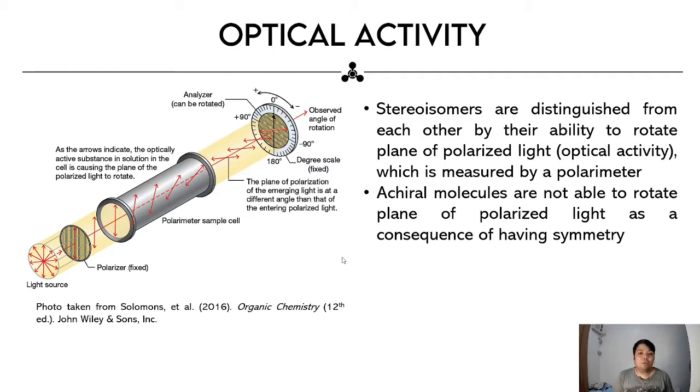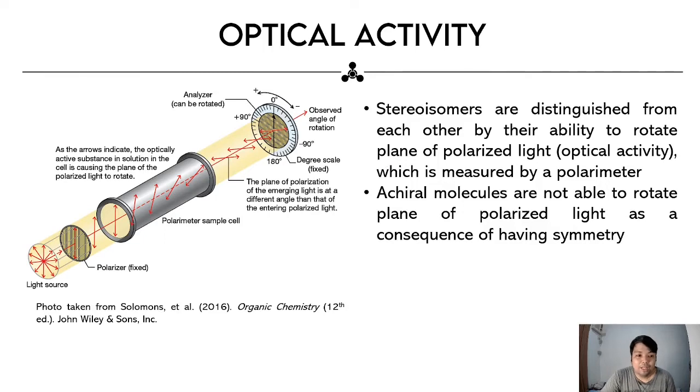Now, when we say plane polarized light, light from a light source actually radiates in every direction possible. A plane polarized light is light that passes through a polarizer, wherein only light that passes through a single plane, a specific plane, can go through that polarizer. Now, that light that passes through the same plane is what we call polarized light. This ability of chiral molecules to rotate plane polarized light is what we call optical activity, and this is measured by